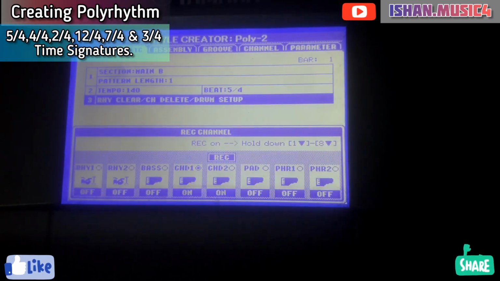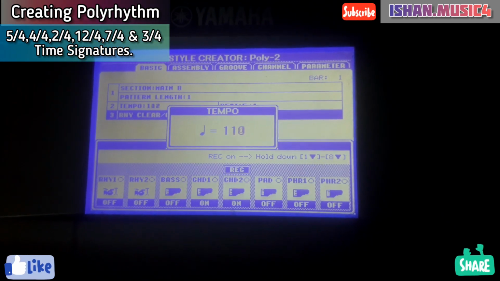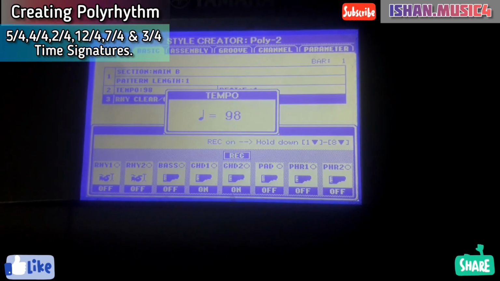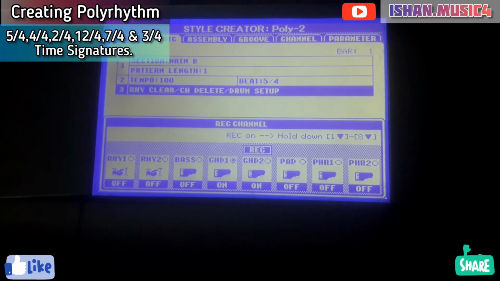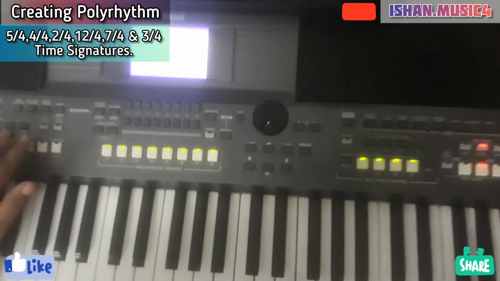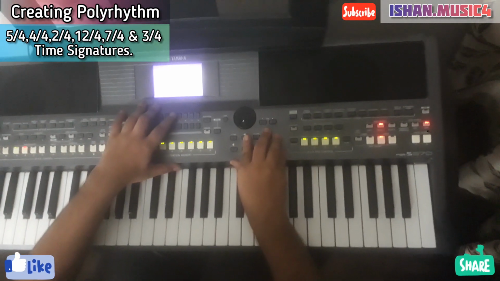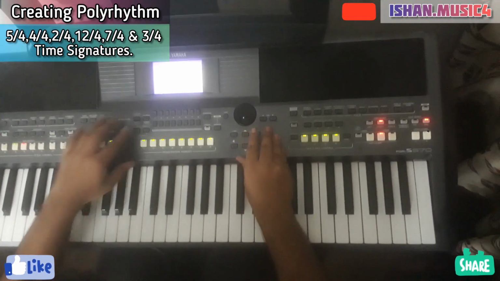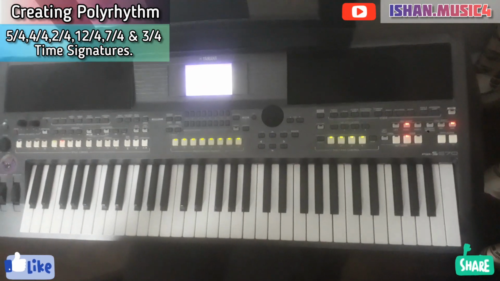See, we missed the third beat, and that is why it is sounding odd. I will lower down the tempo so that we can do it easily. A lag is happening here at the fourth beat and in the repetition of the first beat.